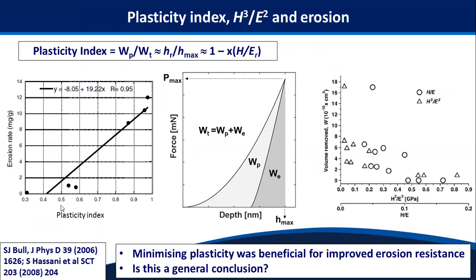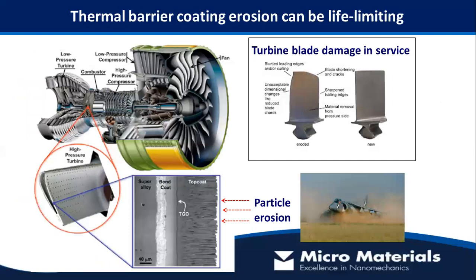And as Steve Fuller has shown, this plasticity index can correlate quite closely with erosion rate, in this case for a range of different bulk materials here, or some work from the Montreal group on the right showing how the erosion rate is generally decreased for higher H³/E² and H/E. So in both of these 2 examples, minimizing plasticity in the coating systems has led to improved erosion resistance. So the question is, is this a general conclusion? Can we get everything from indentation? And in fact, the answer is no, things can be a lot more complicated because you need to consider